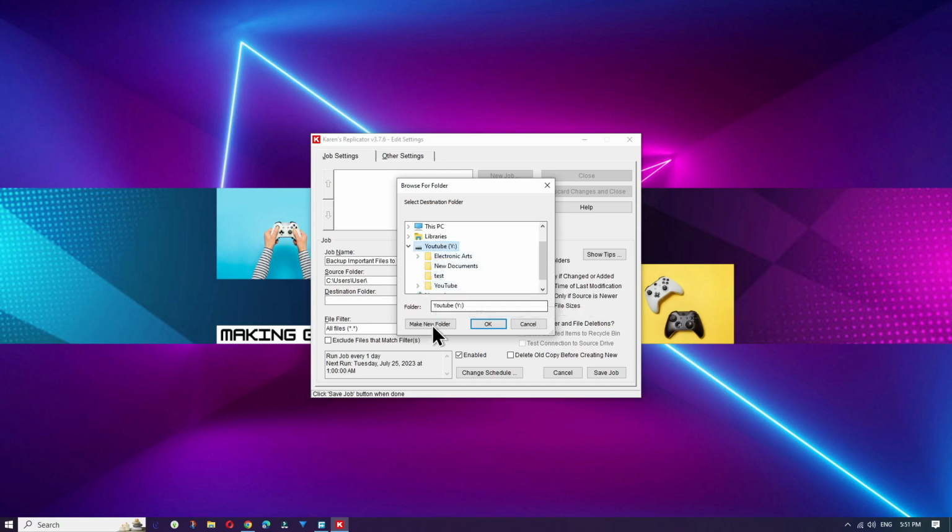You may want to create a new folder in this drive named something like Backups to make it obvious and